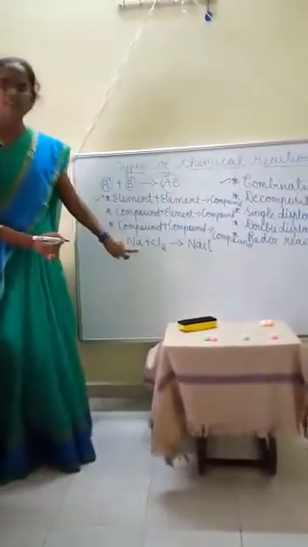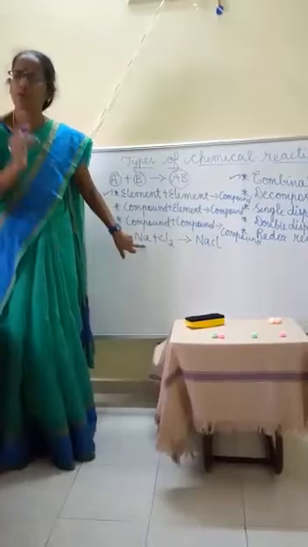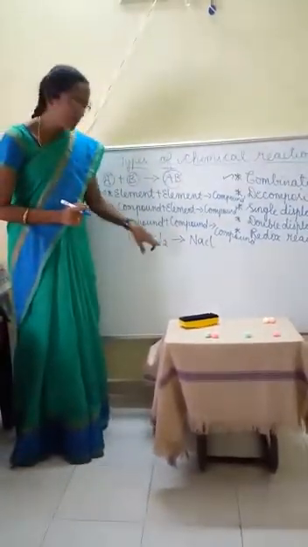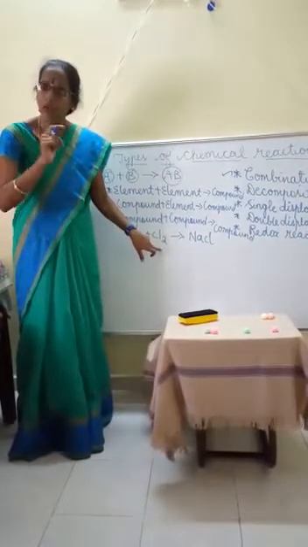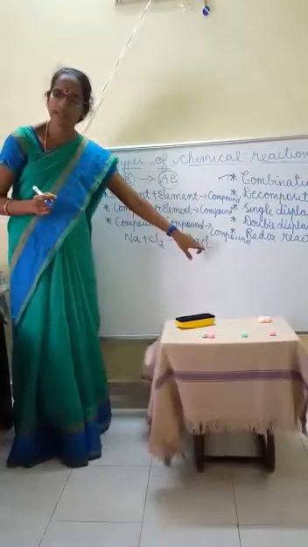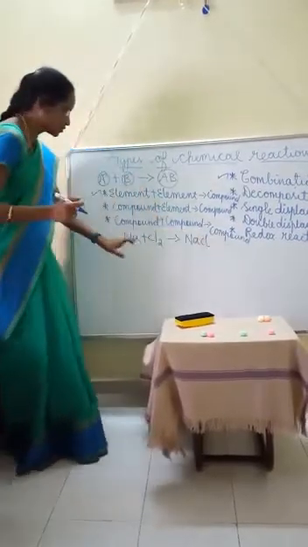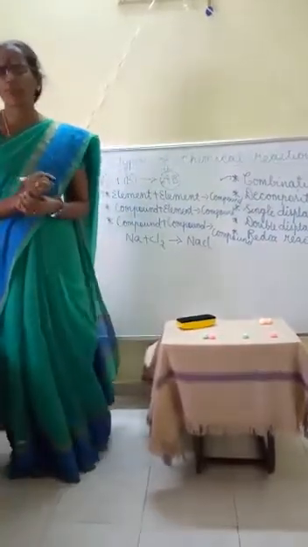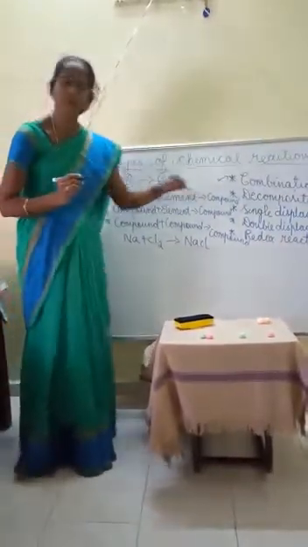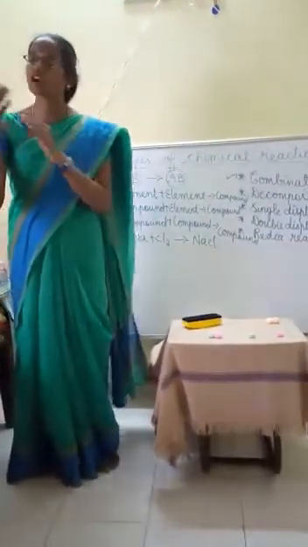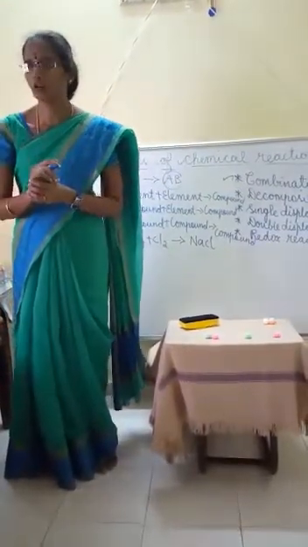So this is sodium. Sodium is a white silvery metal. This white silvery metal sodium, when it reacts with pale yellow green gas, forms an edible compound, sodium chloride. Also here, in this type of combination reaction, element plus element gives compound. The reaction takes place between metals or non-metals, or two non-metals.